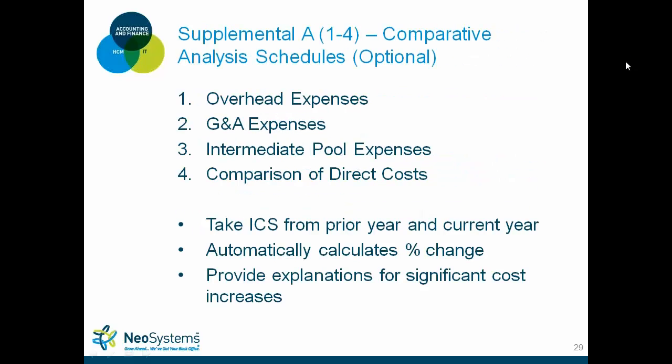Now we got some supplemental schedules. This is a comparative analysis. This is A1 through 4. Really is across the pools and across also includes direct costs. Make sure that the one highlight here, the one note that I will make on this one, is the fact